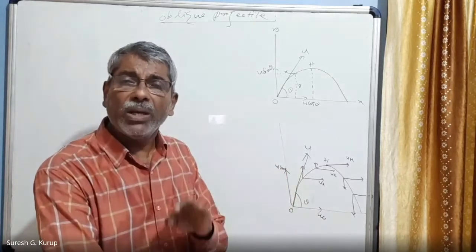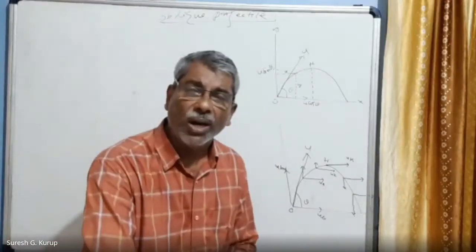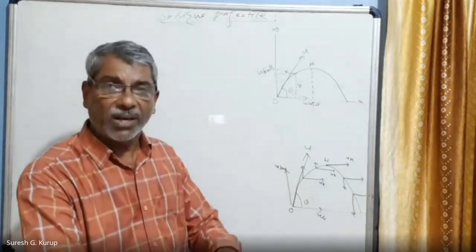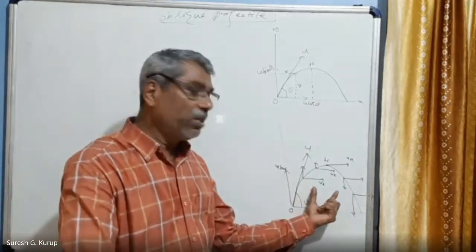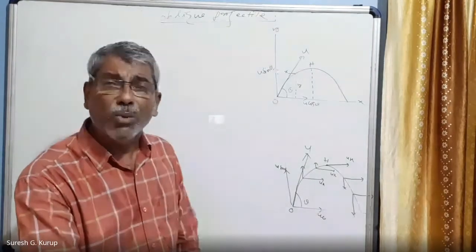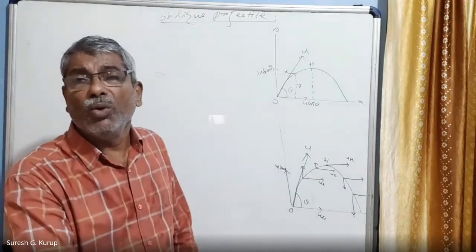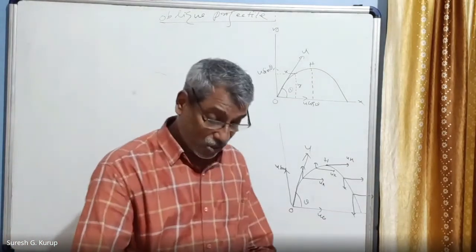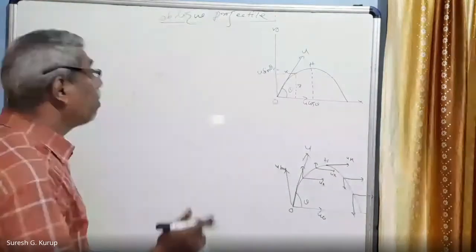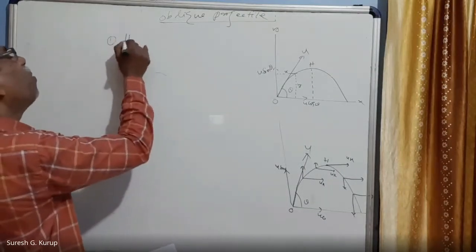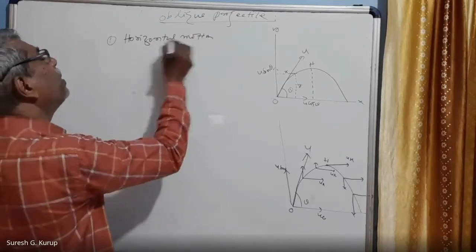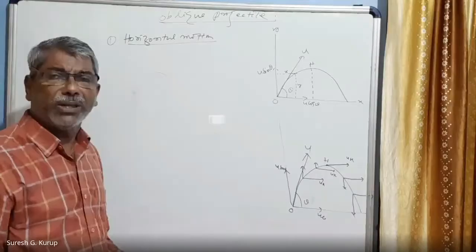A body moving with the constant velocity is called uniform velocity. But vertical motion is uniform accelerated motion. So the projectile motion is the combination of two motions. One is horizontal motion, which is always a uniform motion, while vertical motion is uniform accelerated motion. So in this case also, we will discuss all the conditions as we have discussed in the last case. The first one is horizontal motion we will discuss. So in horizontal motion, the velocity always remains a constant, right?